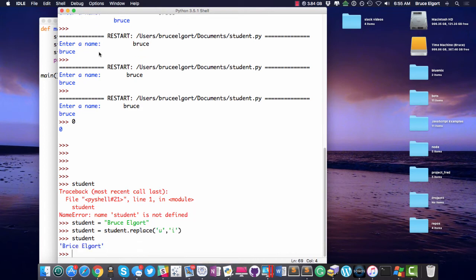Student. Look what I did. I was able to replace, inside the string, particular characters. How about that? So that's the replace function. Again, chapter 5, page 140. Now, the last thing I'm going to show you